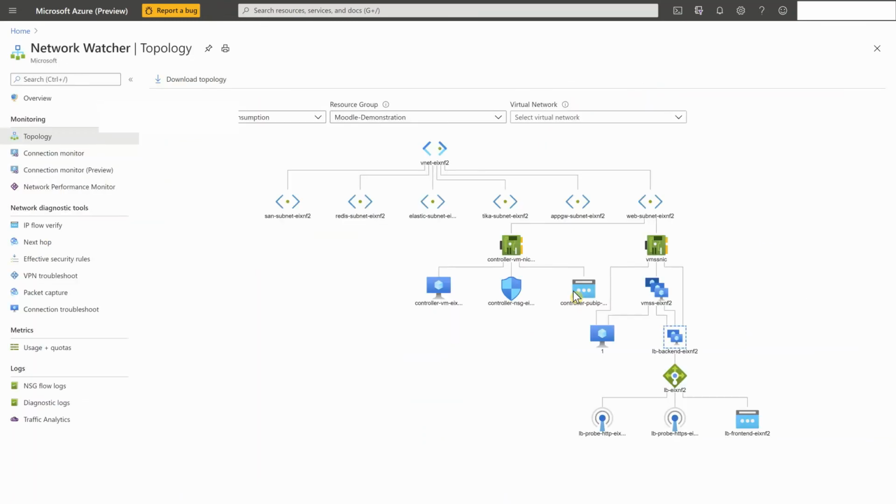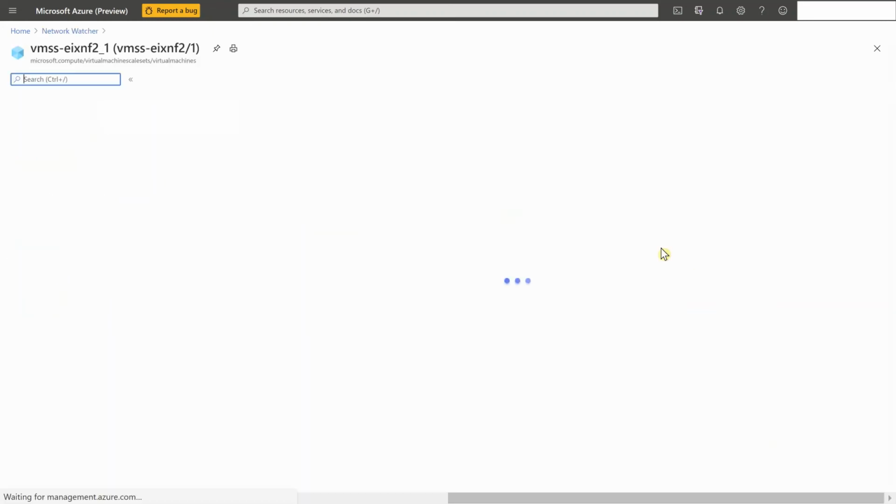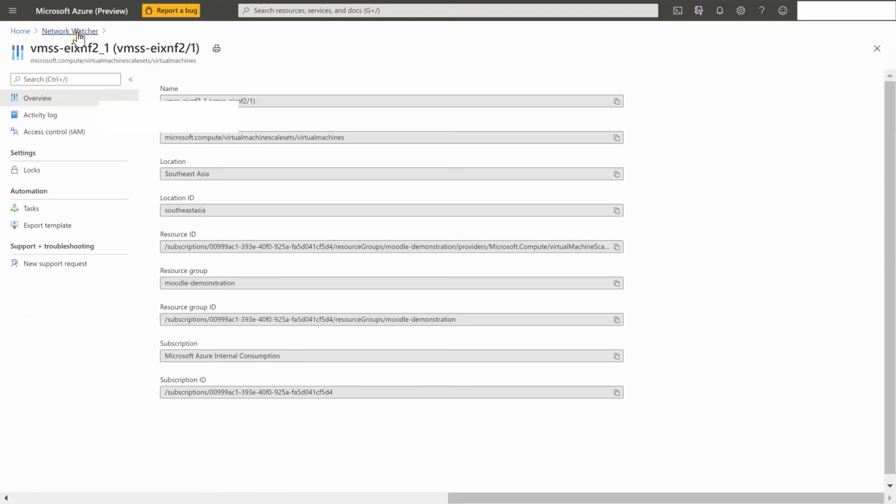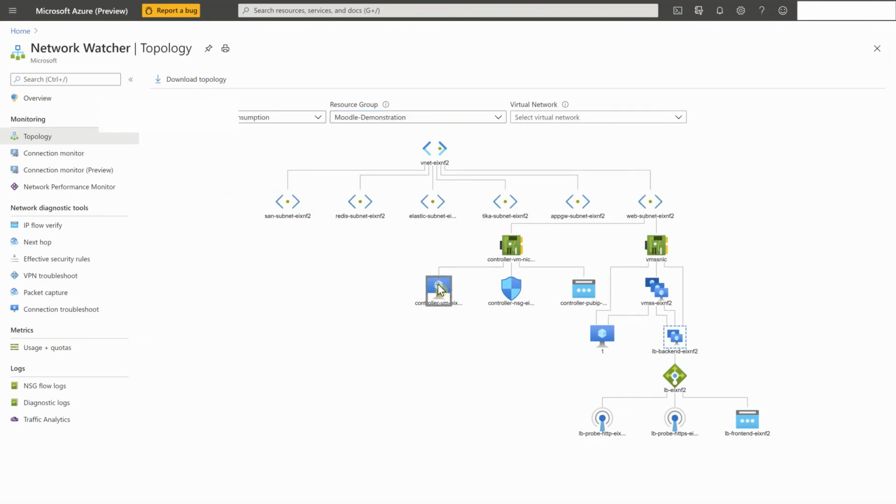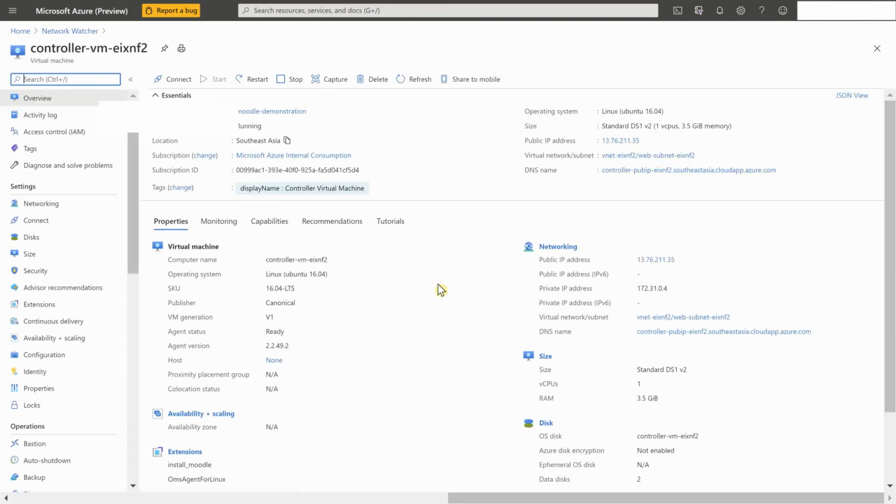The infrastructure topology can also be seen in this very friendly view, which shows the interconnection of various virtual machines, security groups, public IP, etc. And as an administrator, it is very useful for me to drill down to manage individual components by simply clicking on the icons of the various resources.